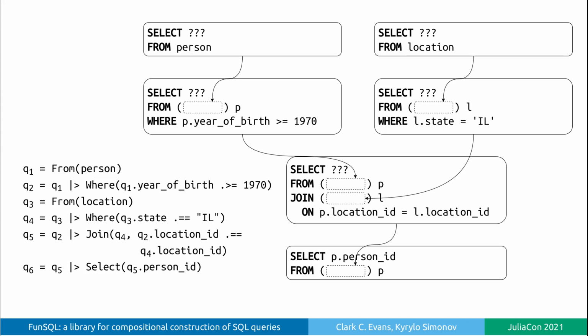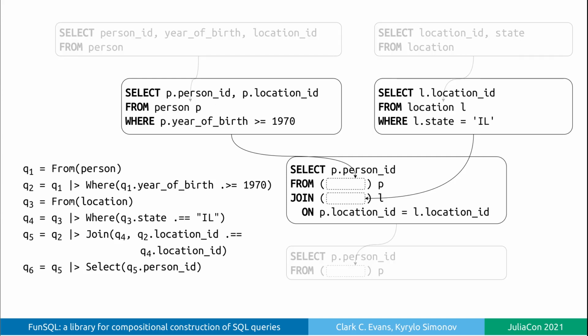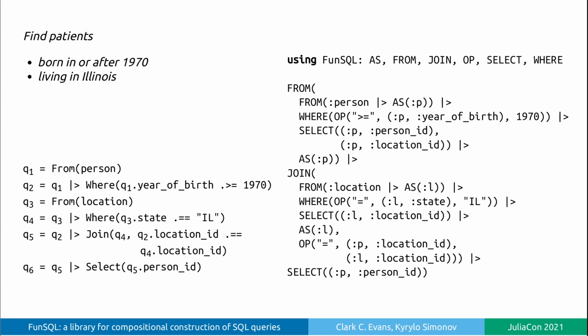They have to be deferred until FunSQL can observe the final select, then all the nested select lists are populated automatically. Finally, this is a complete SQL query. But I should mention that FunSQL will merge two nested SQL subqueries if it can prove that it does not violate the SQL grammar. In this example, the pairs of from and where, as well as join and select, will be eventually merged together. I explained how FunSQL query constructors do not directly reflect the SQL syntax.